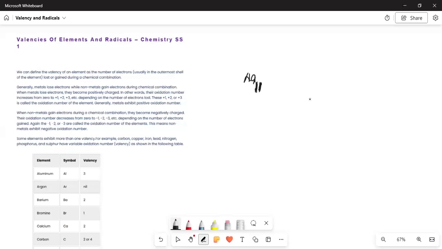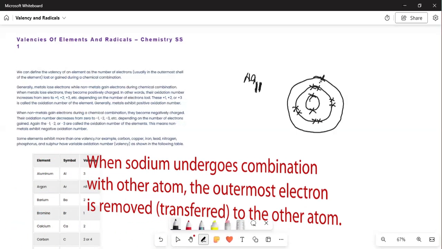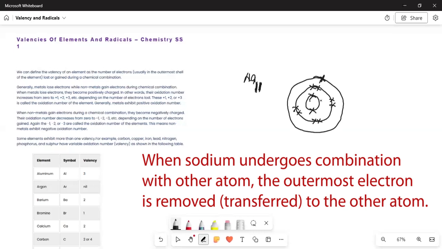So let's write the configuration. Sodium has 11 electrons. The innermost shell has 2 electrons, the next shell has 8 electrons, while the outermost shell has 1 electron. Whenever sodium undergoes combination with other atoms, usually this outermost shell electron is removed. When that electron is removed, sodium becomes a charged particle, which is indicated by this plus here to show that sodium now has